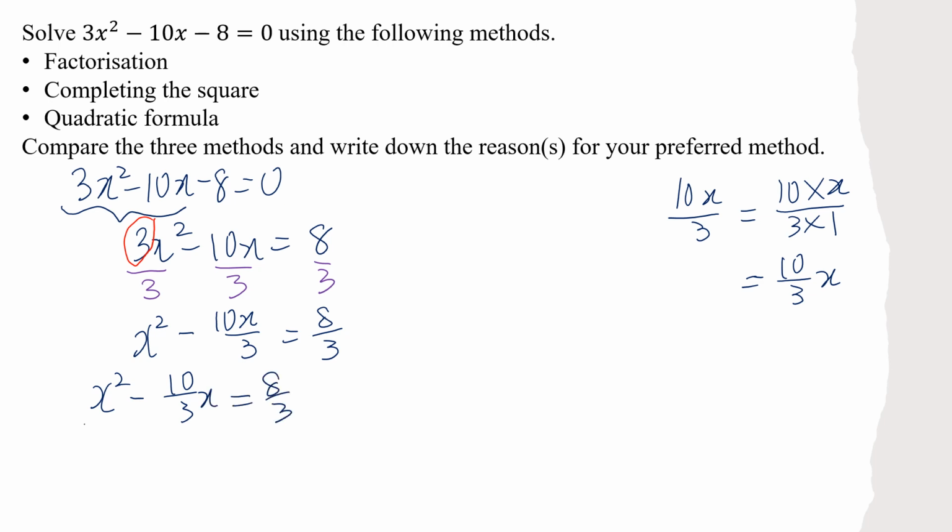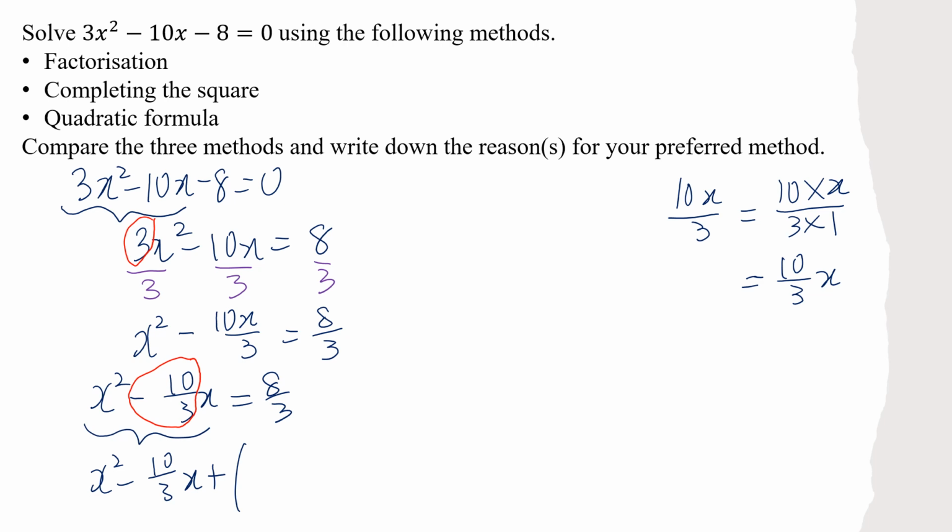Right, so I need to complete the square for this guy. So I have to add, I have to go look at the coefficient of x, which is, be very careful. Sometimes it may be positive or negative. Here it's negative. So I need to add negative 10 over 3 divided by 2. Negative 10 over 3 divided by 2. So if you use your calculator, negative 10 over 3 divided by 2, that will just give you,